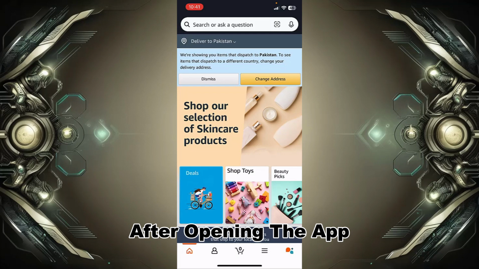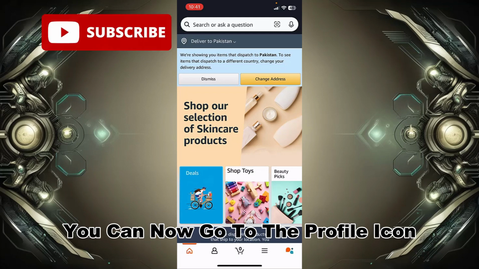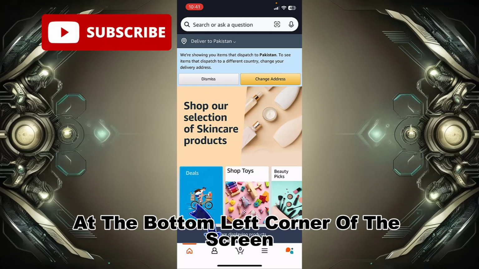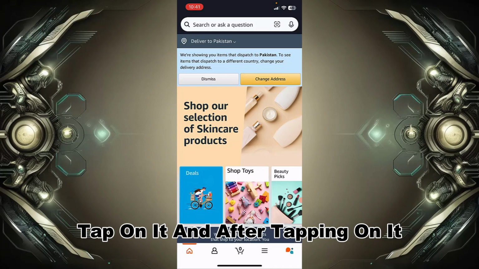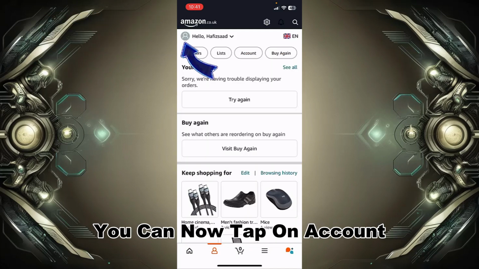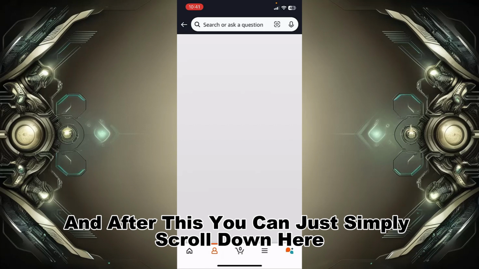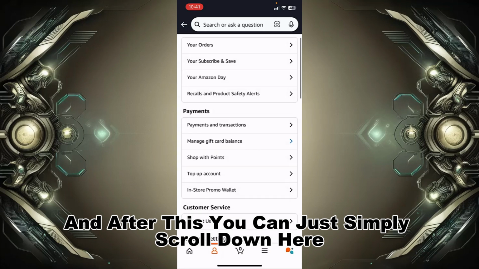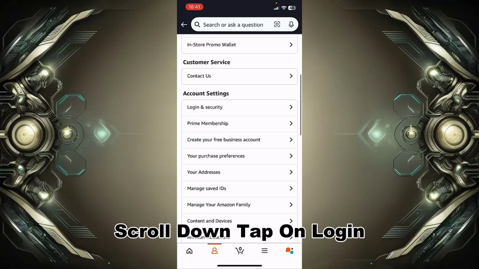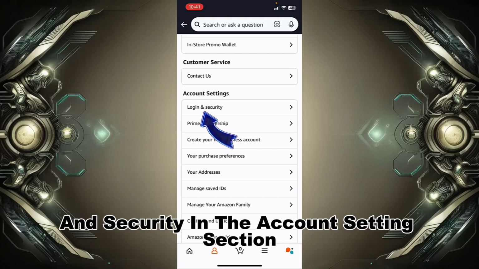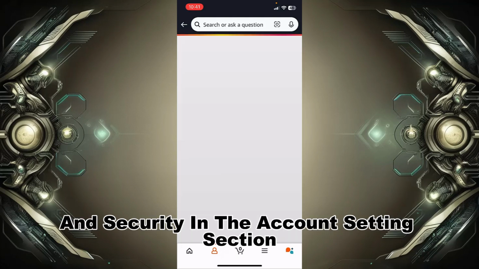After opening the app, you can now go to the profile icon at the bottom left corner of the screen, that is next to your home. Tap on it, and after tapping on it you can now tap on account, and after this you can simply scroll down, tap on login and security in the account settings section, and after the loading